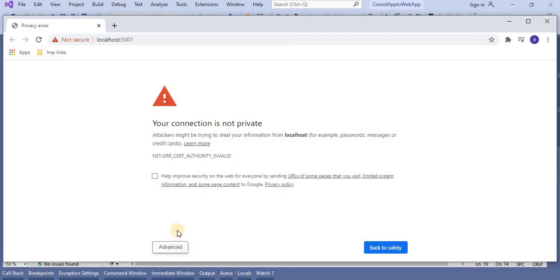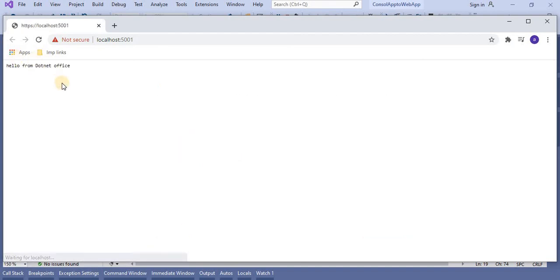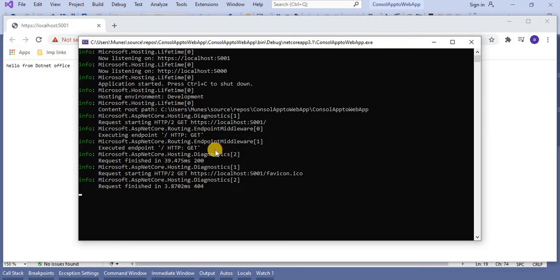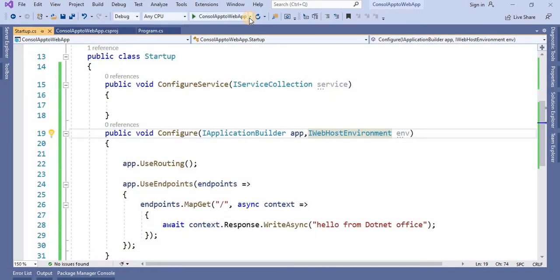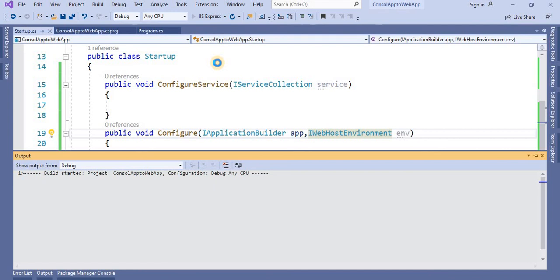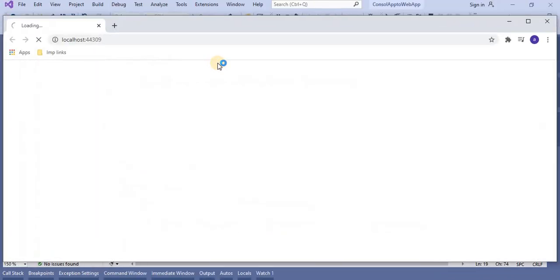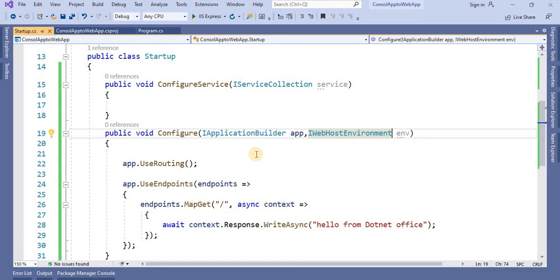We are looking at the hello from .NET Office, and it is running all these things, giving us information about what is happening, and still we are getting the response. So let's convert it back and run this as IIS Express, and it will show the output. So basically this is the way of converting a console application into a web application.